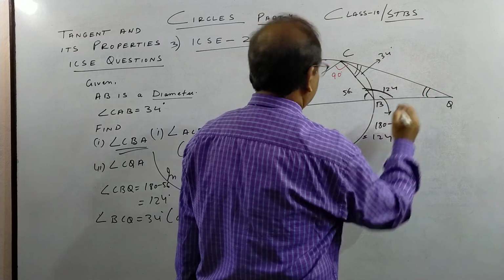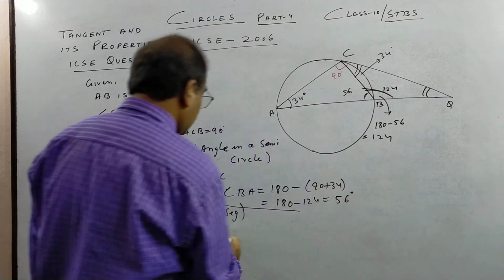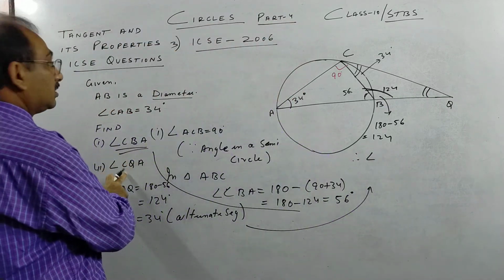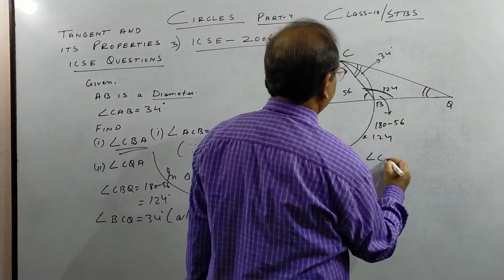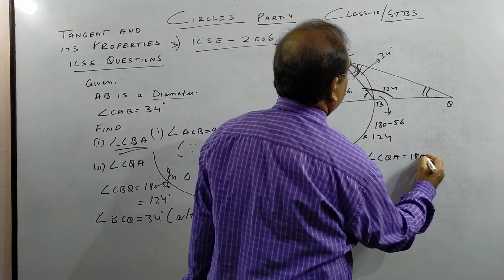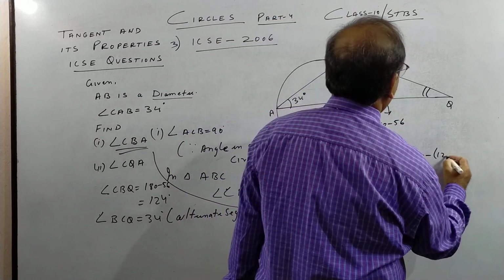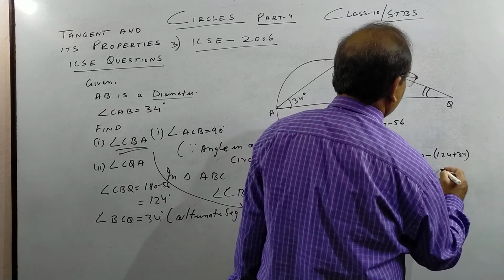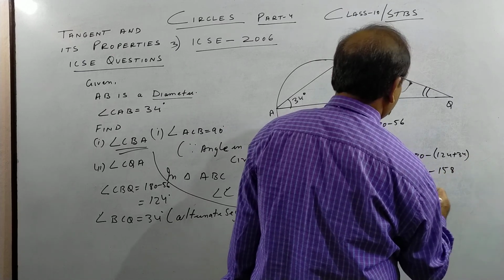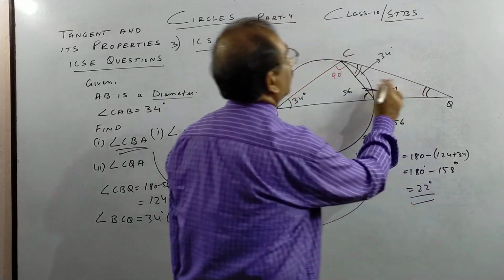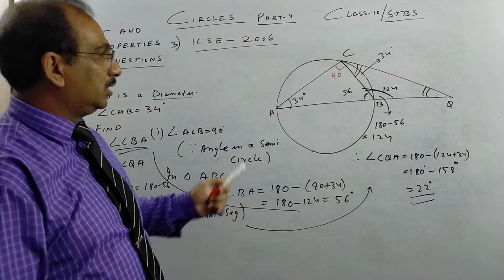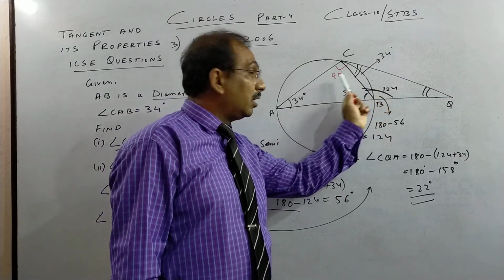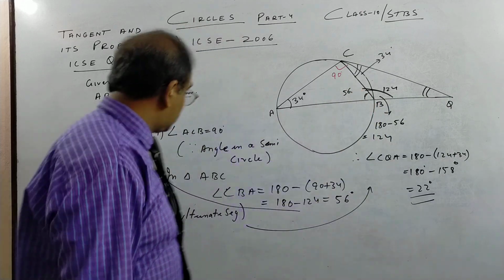So the third angle, this is what we have to find. So finally we come to the last part of it here. Therefore angle, see the last angle CQA is equal to 180 minus this plus this. 124 plus 34, I think we'll get 158. Please write degree also. So this will be equal to 22 degree. So two most important things over here, children: angle in a semicircle is 90 and angles in the alternate segment are equal.